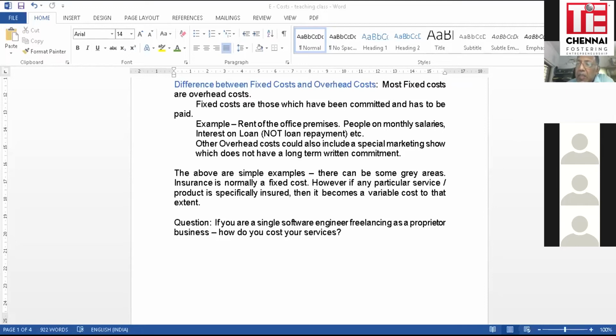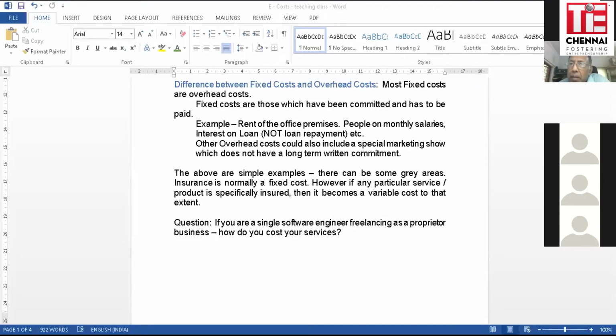Because materials, as you have seen in the previous two sessions of Aparna, materials are your current asset. Forget some rare cases like maybe bananas or fruits which are perishable. Let's take non-perishable, steel and stuff like that. They remain your asset and they don't become your cost till you actually use it. It remains as your asset. Remember, you've done your P&L, from asset it moves on to a cost in the P&L.